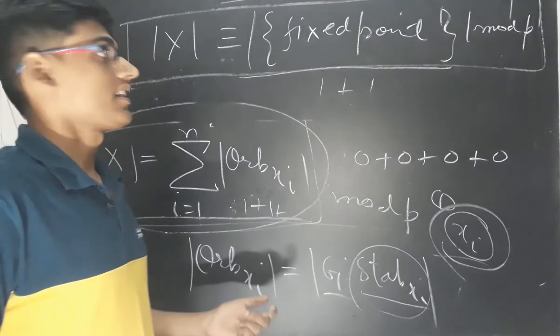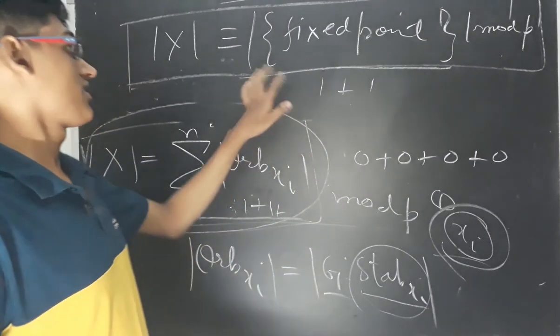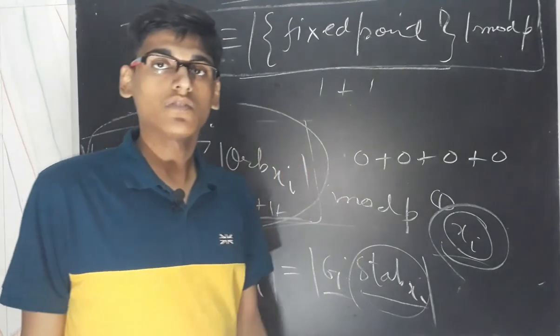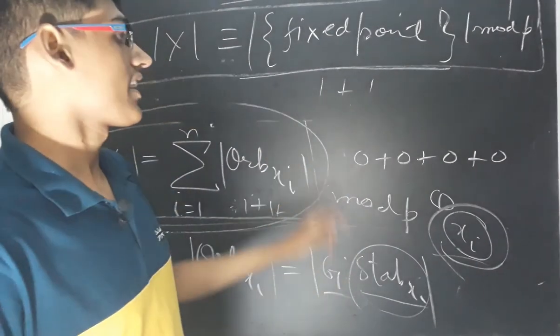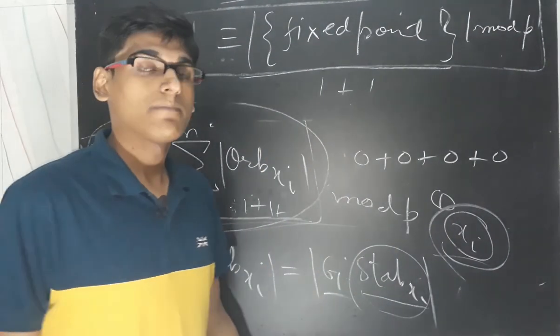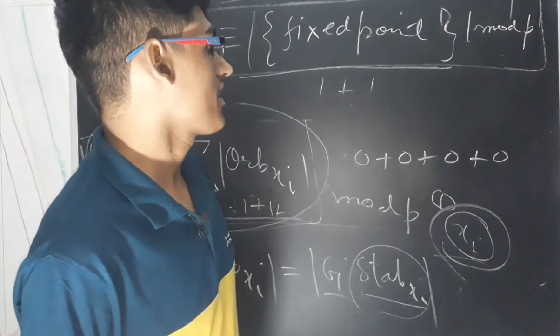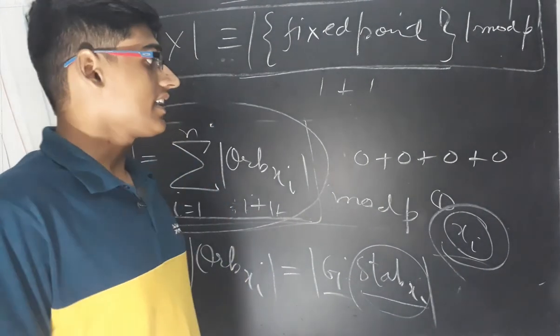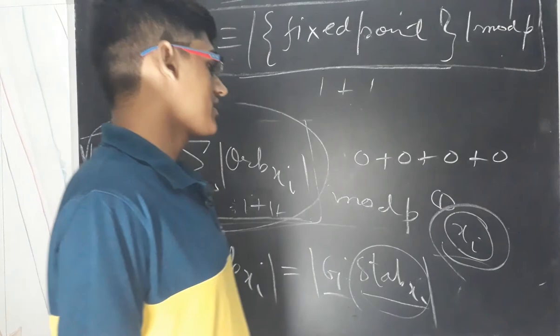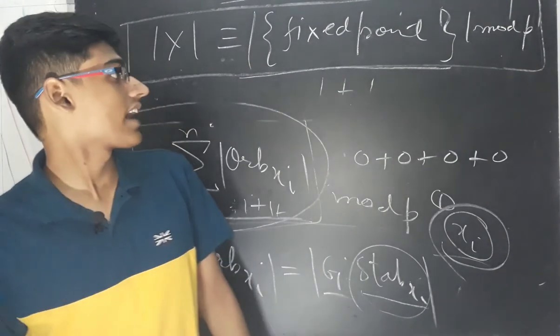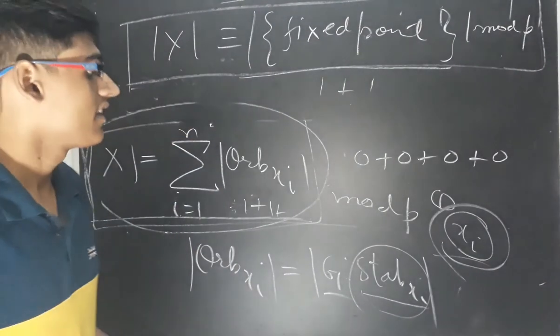This is a very important relation. The fixed point congruence is used in proving Cauchy's theorem via group action, and another very important theorem which says that if G is a non-trivial p-group, then it has a non-trivial center. Anyway, I will prove those theorems in further videos.